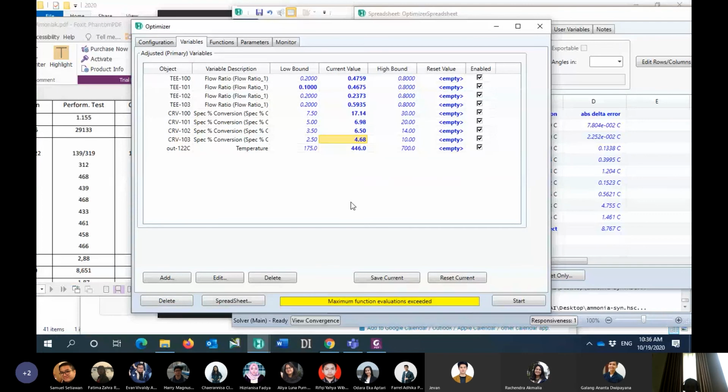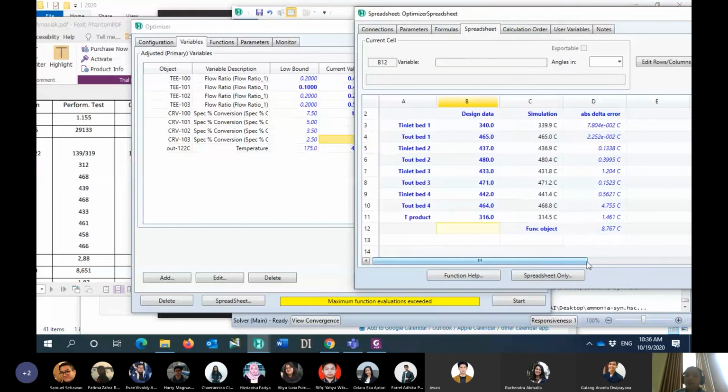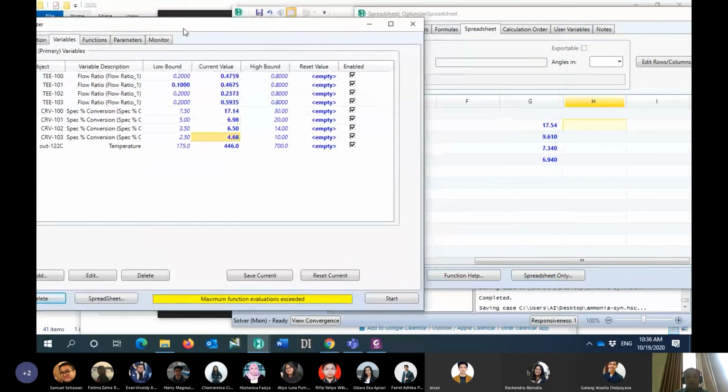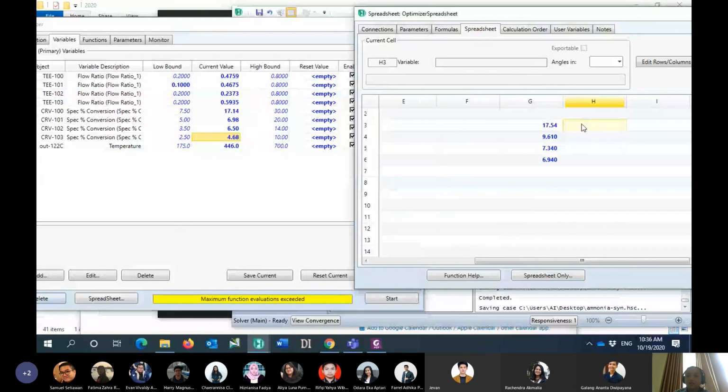Now I will look at this one. I already changed the data with the operation data, and I obtain this value. I will put this value in here: 17.14, and then 6.65, 4.68.